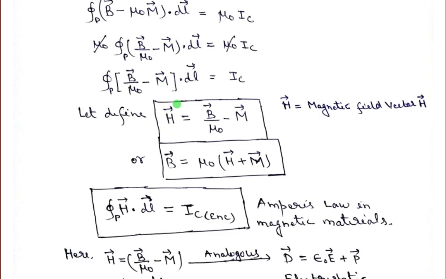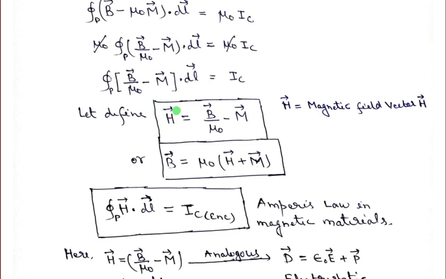If you go to a different book or reference, you may get a different name for this H vector, but I assume those names are not correct. Simply call this H vector the magnetic field vector H. And B is also known as the magnetic field vector B, and M is known as the magnetization vector. In several interviews, experts sometimes ask what is the difference between H, B, and M.